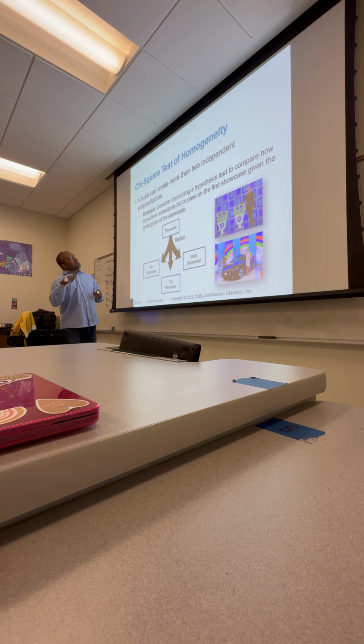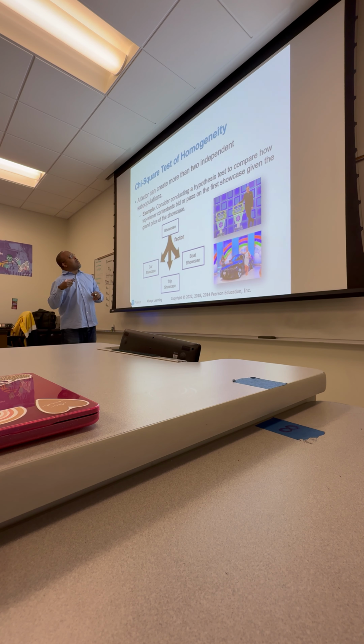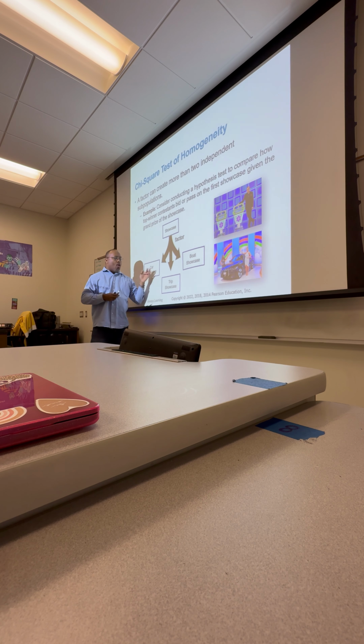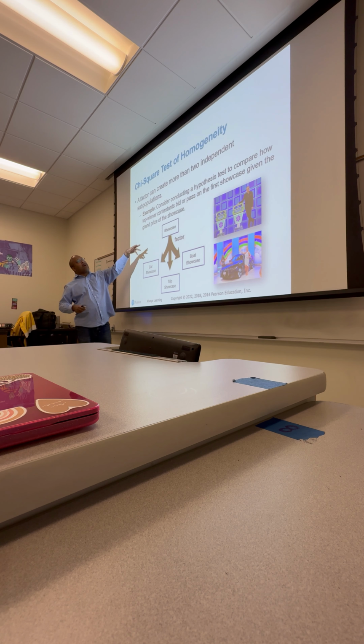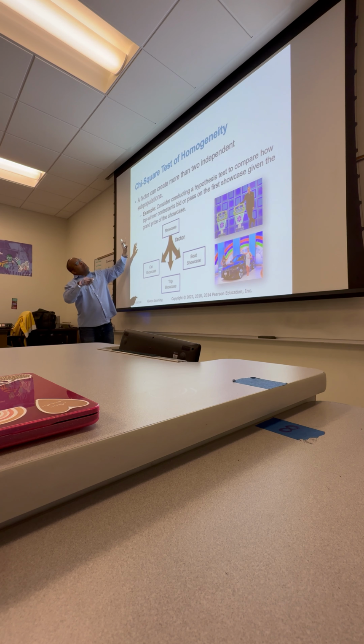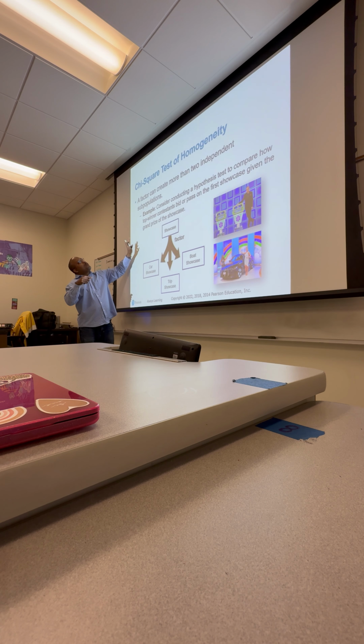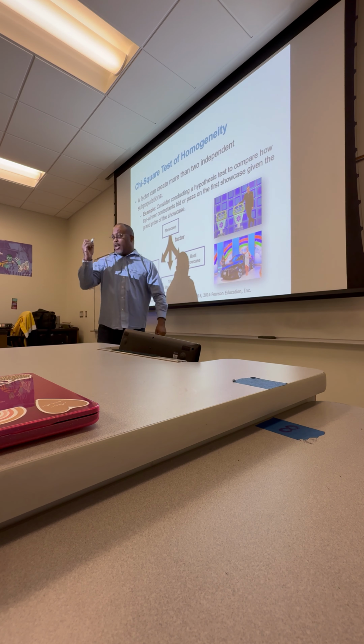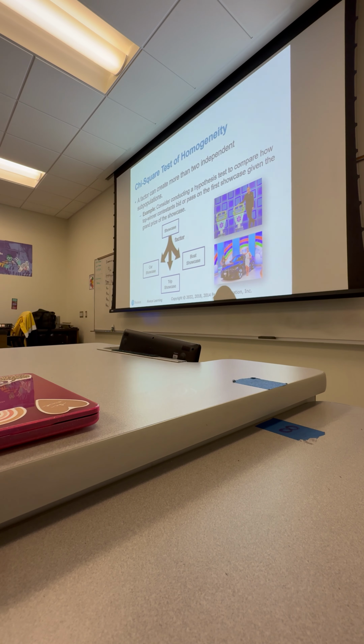Okay, a factor can create more than 2 independent subpopulations. So in other words, like I said, in the example earlier, we saw male versus female. We could have more than just 2 rows. We could have looked at 3 rows, for example. And like in this example here, consider conducting a hypothesis test to compare how top winner contestants bid or pass on the first showcase, given the grand prize of the showcase. So in other words, this. Consider